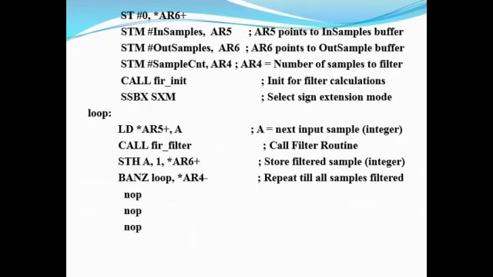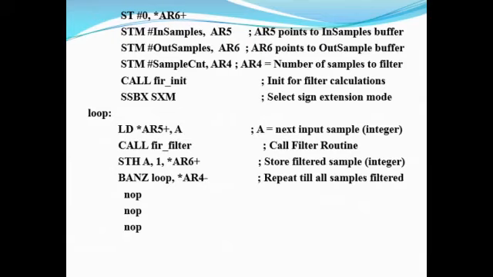So this is how the code is written. Any code can be used; in this we have used direct addressing. In most cases we might also go with indirect memory addressing, or immediate addressing and so on. Even that can be used. So this is how we are going to consider. AR5 is pointing to the input sample, AR6 is pointing to the output sample, AR4 is pointing to the number of samples of a filter. So this is how we are going to write the instruction for storing it, and we are going to go with the filter calculations here.